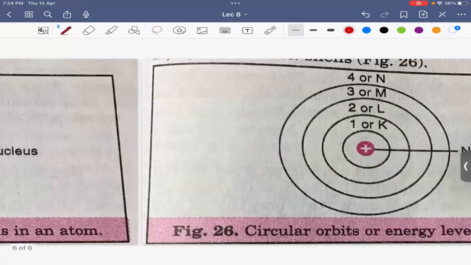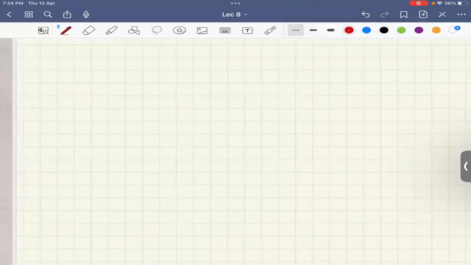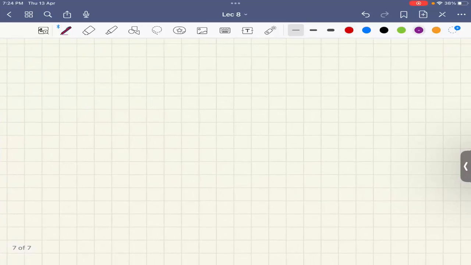Let us move on to the next page, right? Then the second postulate was that the energy of an electron in the orbit does not change with time. So this is also very important. So the second postulate,